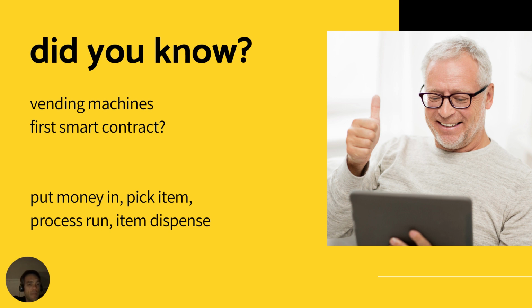But in the case of vending machines, it's an automated process. When you put the money in, you push the button, it goes through and makes sure you either have the money or you don't have the money. And if you do, you get your goods. If you don't, you get the money back, and that's the end of it. And that right there is a very simple idea of what an interaction flow is, right? They go through this process. There's a decision that has to be made, and at that decision, there's a tree, a branch off, and there's an either yes or a no or a maybe. And it's kind of like an if, when, then. But yeah, so we've been dealing with them for a long time, and we've been dealing with a lot of this stuff for a long time.